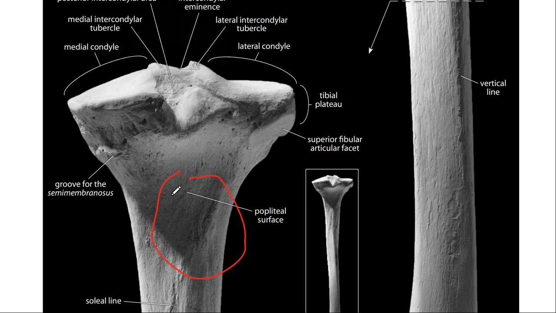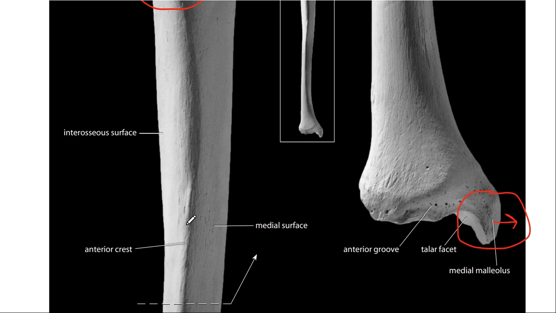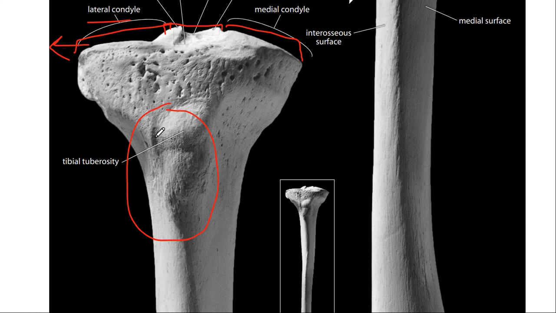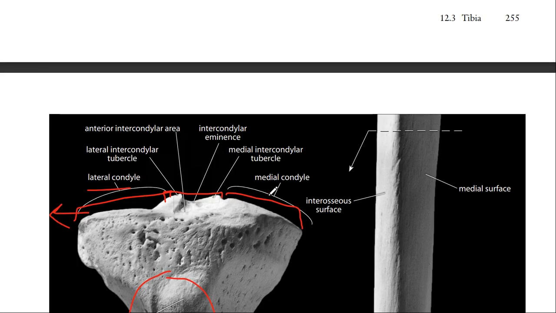Rather, there's a depression, or say a groove-like structure. So on the posterior view, you do not get a tuberosity. Locating on the front, the anterior view gets you the tuberosity. And the second thing is with respect to the medial malleolus. Now third, some specifications are with respect to the head.